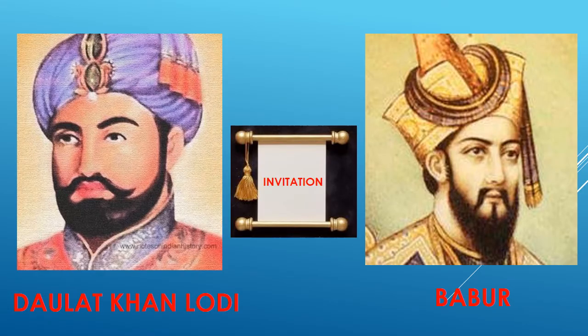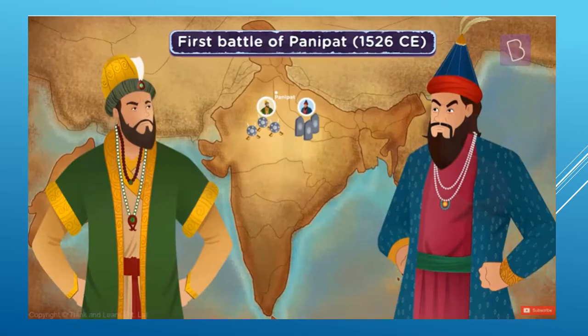Now, Daulat Khan Lodi, who wanted to take revenge on Abraham Lodi and establish himself as the next sultan, could not defeat him because of the large standing army that Abraham Lodi had. So he had heard about Babur, a very well-known general and commander, an excellent army general who knew how to fight wars and win them. So he sends an invitation inviting Babur to come and invade India and defeat Abraham Lodi. Now Babur accepts the